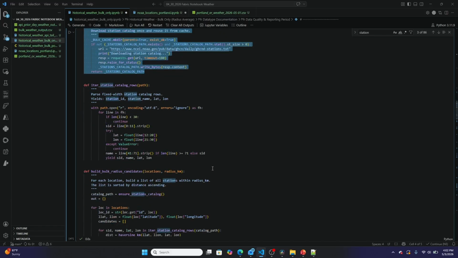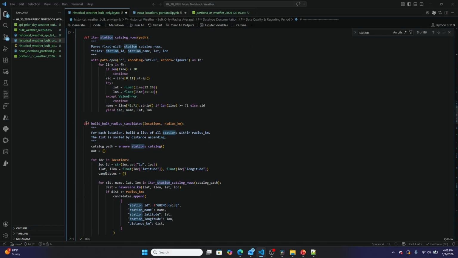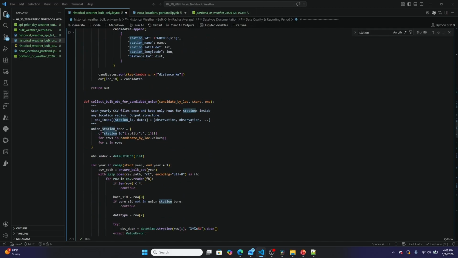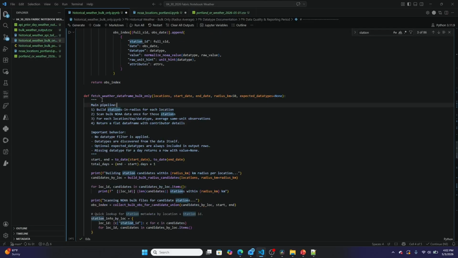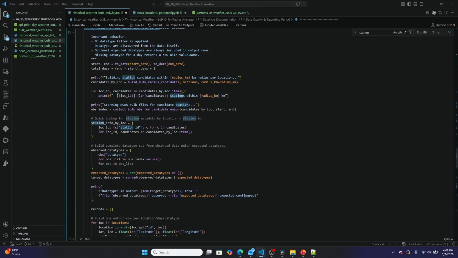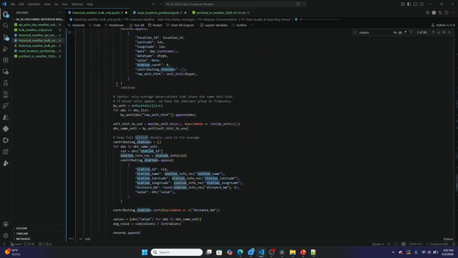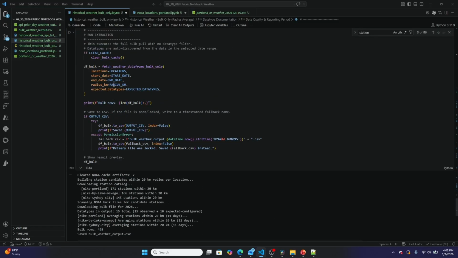Then we have the method right down here, which is actually building the total list of stations within the radius of our given latitude and longitude. And then finally, we have the actual main fetch weather data frame, which is passed a list of locations, and for every single location, builds the actual output data frame,